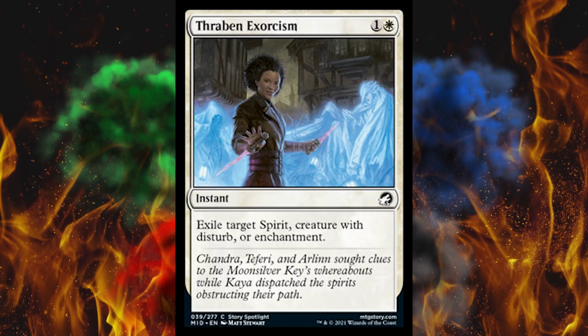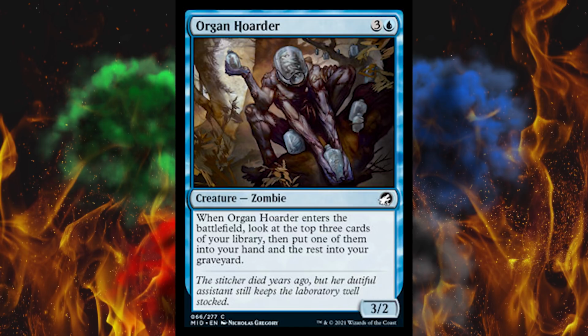Next up, we got Organ Hoarder. It's a 4-cost blue 3/2 zombie, and when it enters the battlefield, look at the top 3 cards of your library, then put one of them in your hand and the rest in your graveyard, so more self-mill. I mean, the fuel is there. And 1 graveyard nuke is enough to stop your entire deck, so I don't know how much this Eldrazi Zombie archetype will come out to play this time around, because like I said, I built the Eldrazi Zombie deck last